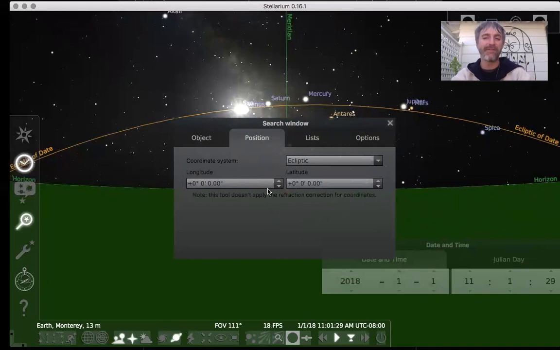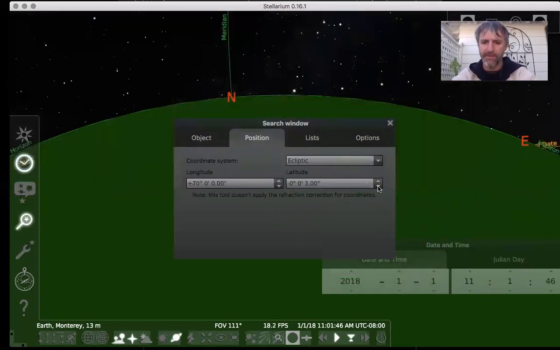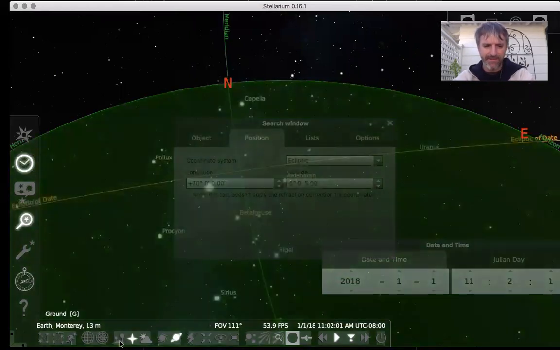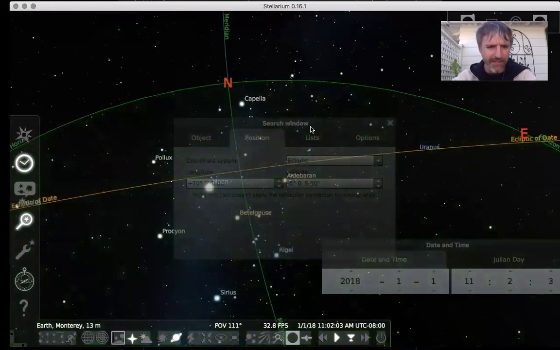Let's actually go 5 degrees south of the ecliptic plane in the 10th degree of Gemini. Well, Gemini, 0 is Aries, 30 is Taurus, 60 is Gemini. So the 10th degree of Gemini is 70. So I'm just going to write 70 here, okay? And I want to go about 5 degrees south. Why? That's a little bit below, but it's very close to where Aldebaran lives. Now, another thing it is, in this moment, is below the ground. But if I take the ground away, we're going to see that at that location,